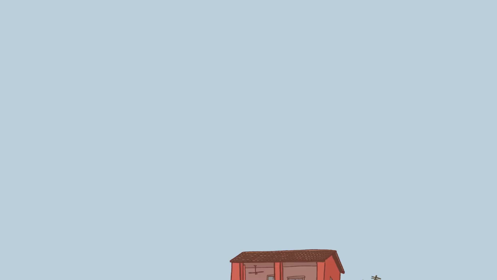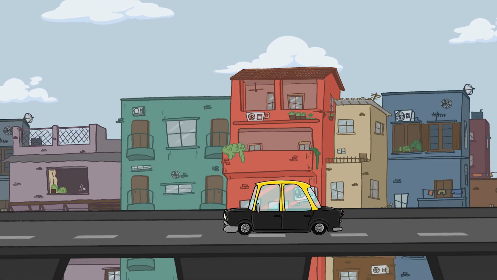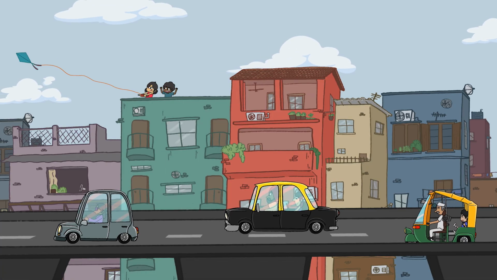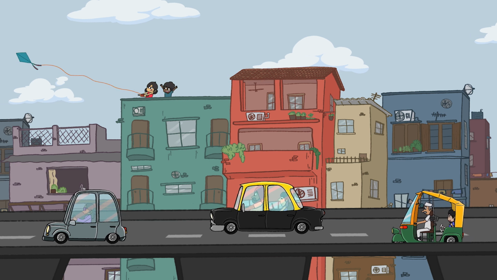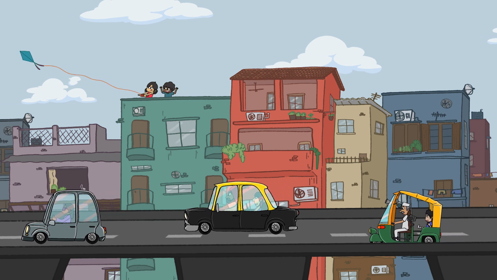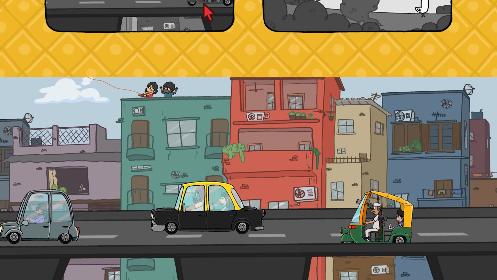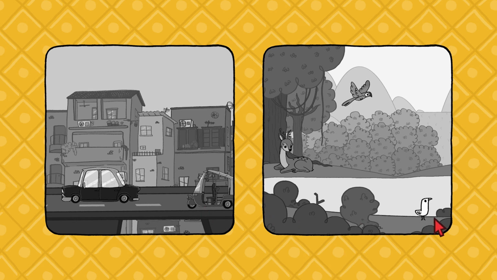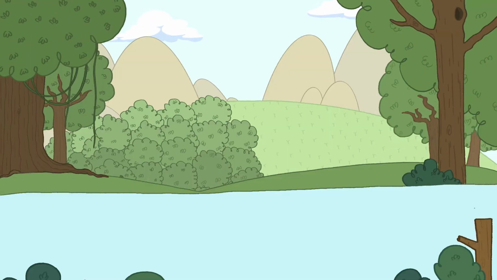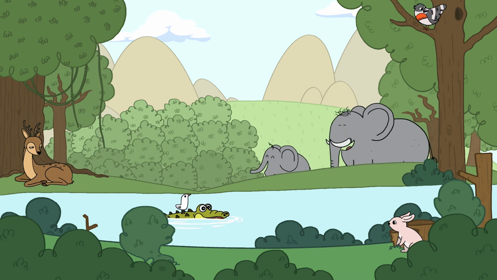If you want the story to take place in a city, you will add buildings, roads, cars, and people. If it's in a forest, you will add trees, animals, birds, and so on.